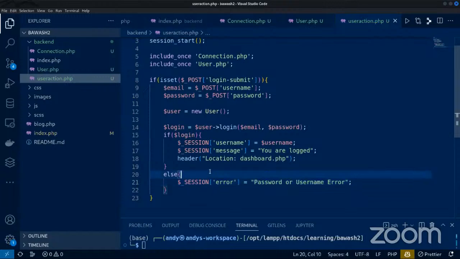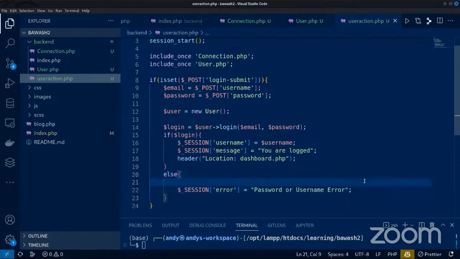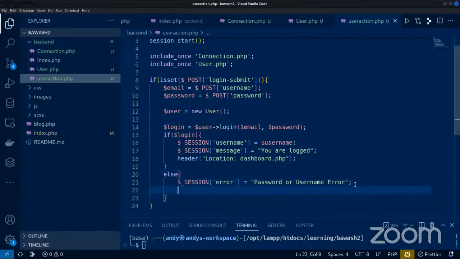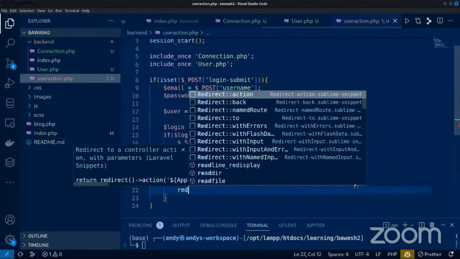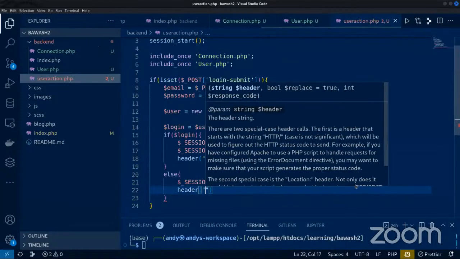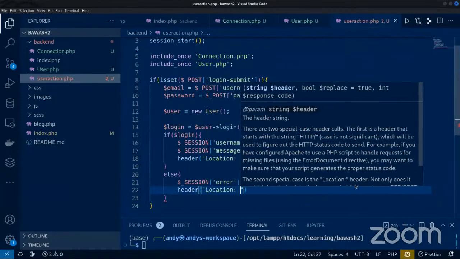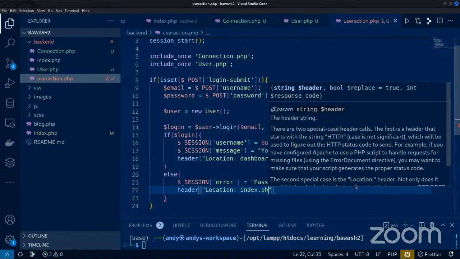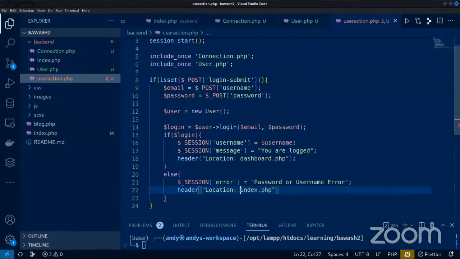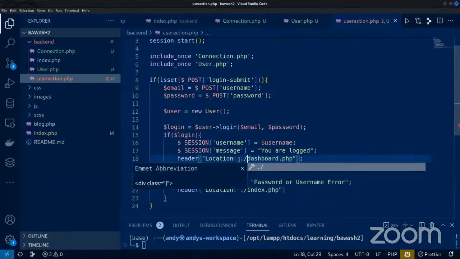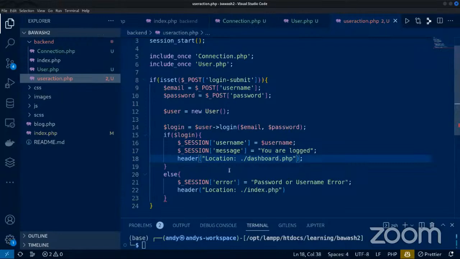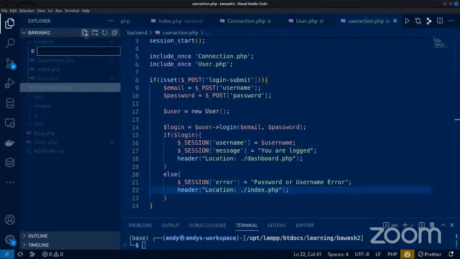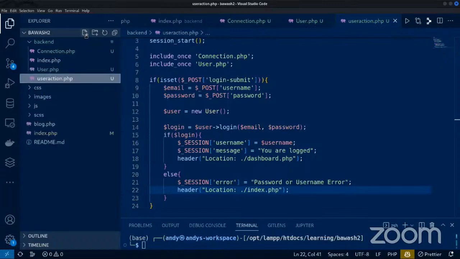And let's also redirect to location index.php. Yeah, this should be it. I'm just going to create a simple dashboard.php here right now with nothing there. Okay, so let me just create dashboard.php and